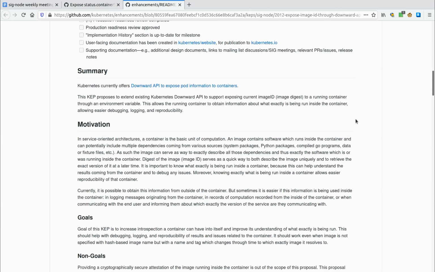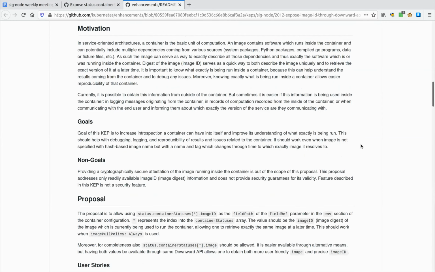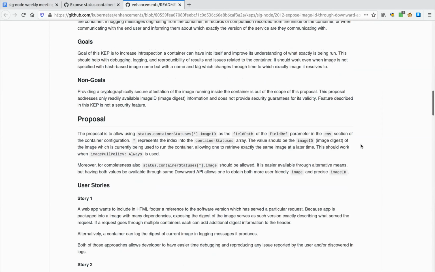So if you are debugging something, when the user reports an issue and you want to bring up exactly the same environment they had when they got the error, the easiest way is if you have a hash-based Docker image. I think we reply back with what the image ID is, and that is the SHA, right? The hash, exactly. And so it is not currently available in inspect or something, or where is it missing?